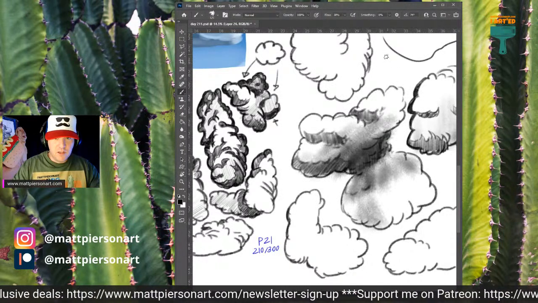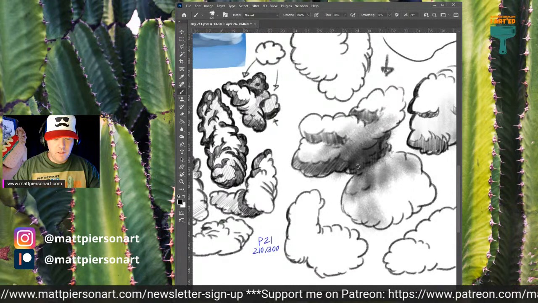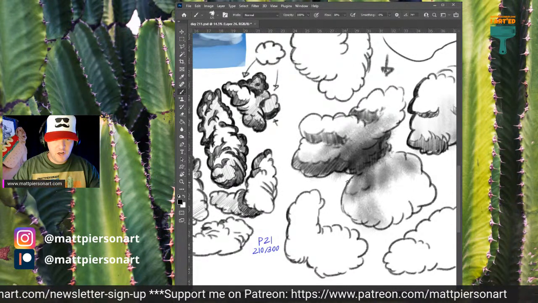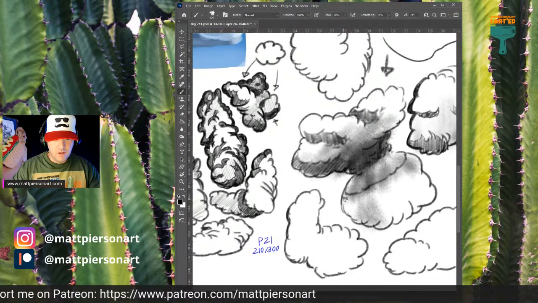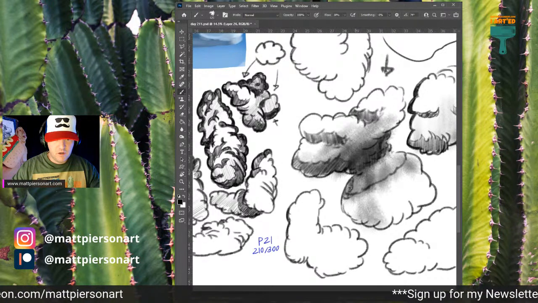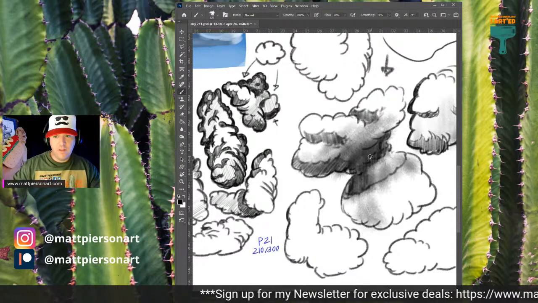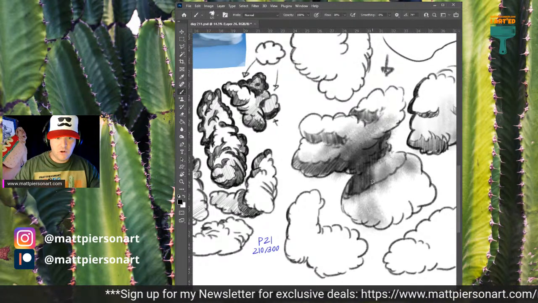And pretend like there's sunlight coming from here. And then this is going to have this cast shadow right here. That's what I'm thinking. There's going to be this shadow happening right here, which means this area that the cloud is in, I'm going to make that darker